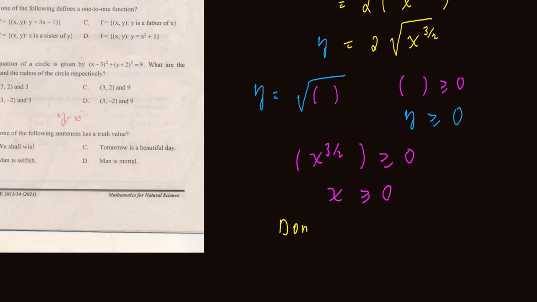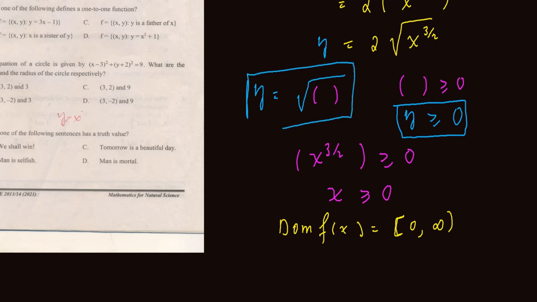ስለዚህ ዶሜኑ the domain of f the given function in this equation number 1 is all numbers from 0 up to infinity ነው including 0 ማለት ነው። 0ን ይጨምራል and the range is always greater or equal to 0 ነው። the range of any square root function of the form y is equals to the square root of some expression ማለት ነው።